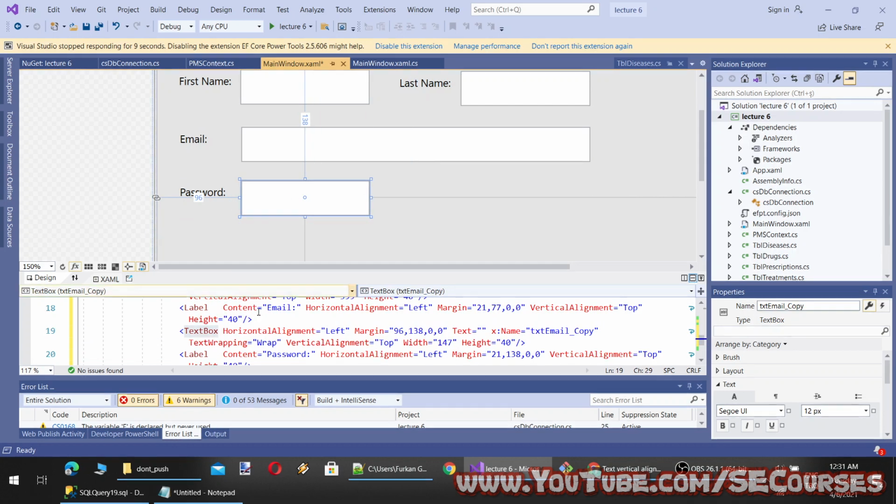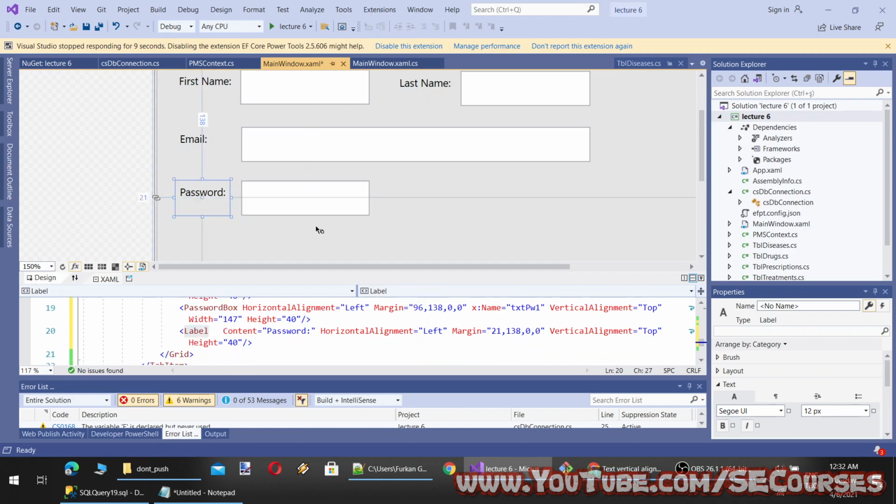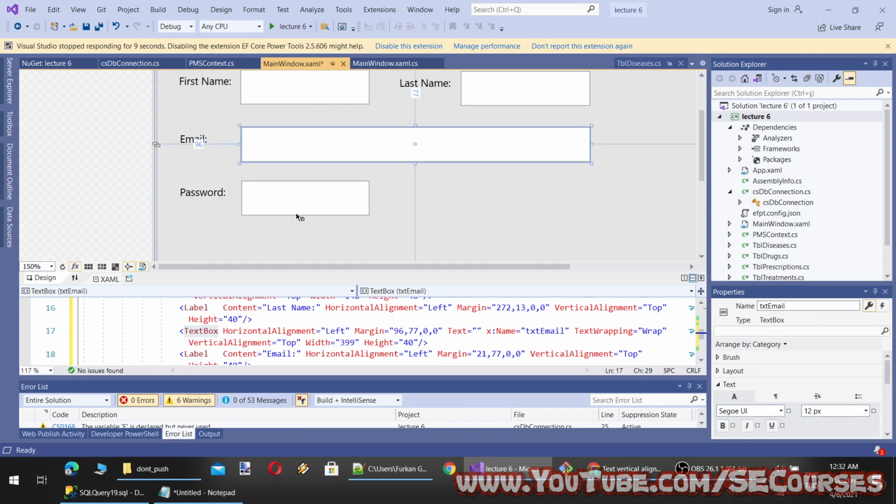So password will be a password box like this, so it can't show text. It will be txtPassword1, no text wrapping as well.